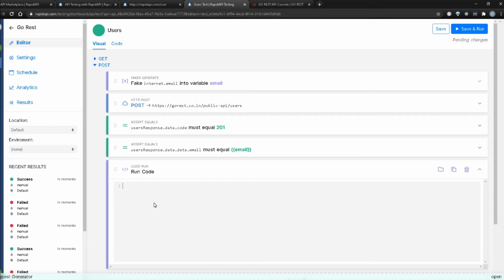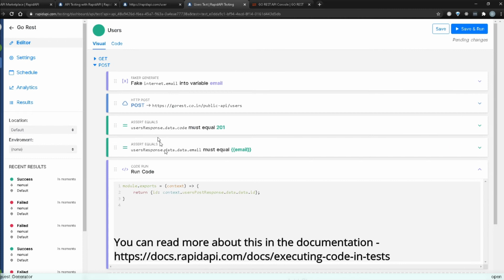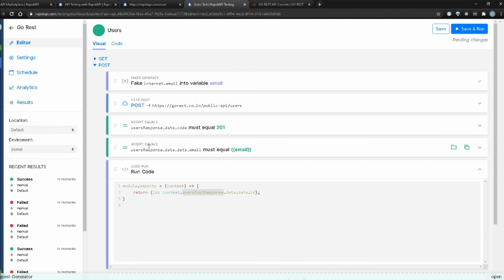So I can actually say, hey, from the response you're getting back, I need this particular variable. To do that, I will simply copy some code and paste it over here. The way this works is we are just doing basic JavaScript. Through the context is where the response we're getting back. So we do the context of this overall API, and then we do .user response, which is the one that we created. And I'm going to do .data.id.